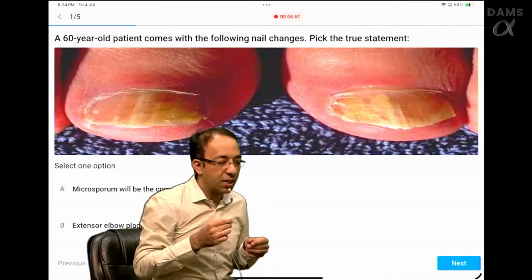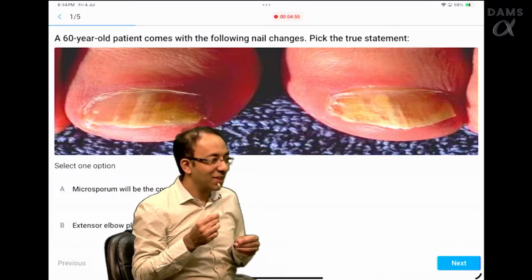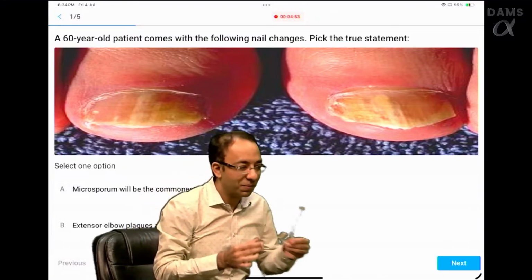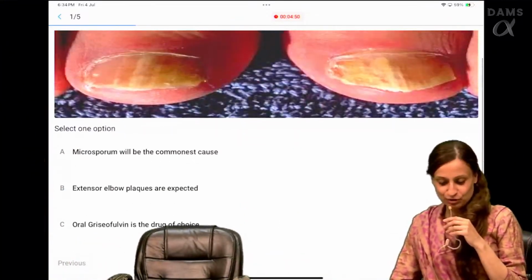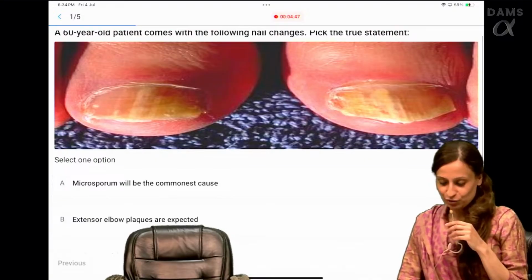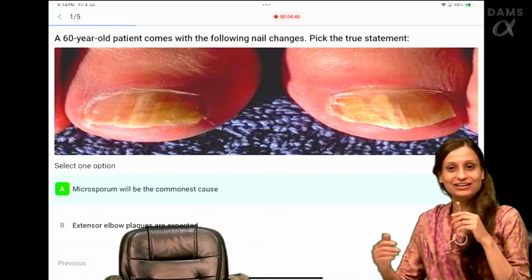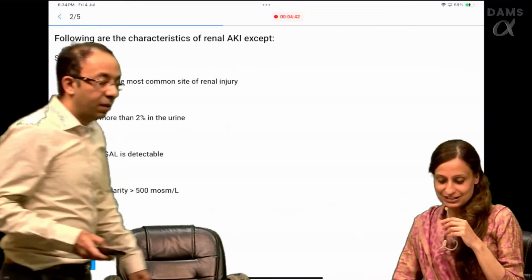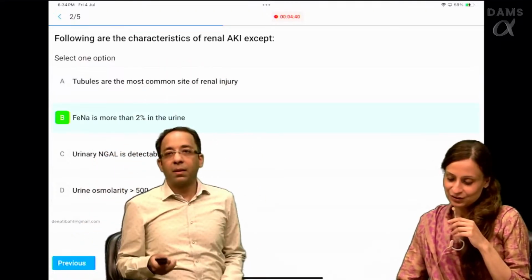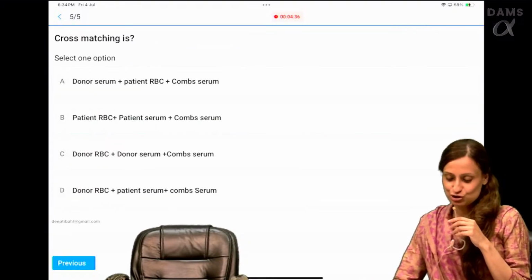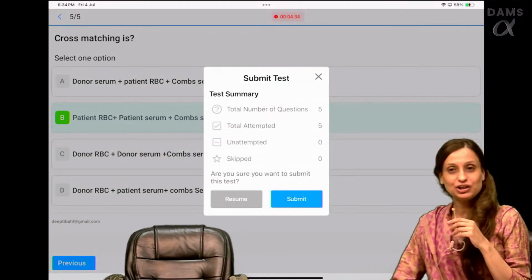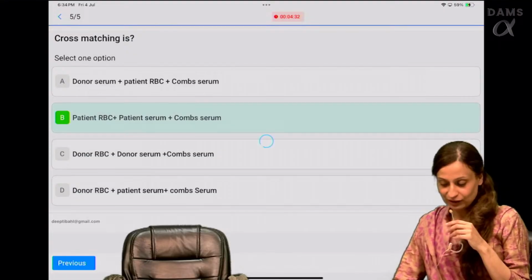I'll ask Dr. Deepti to attempt the answers so that we can do it better. I'm just doing it randomly, just to show you that this particular feature is free for everyone.